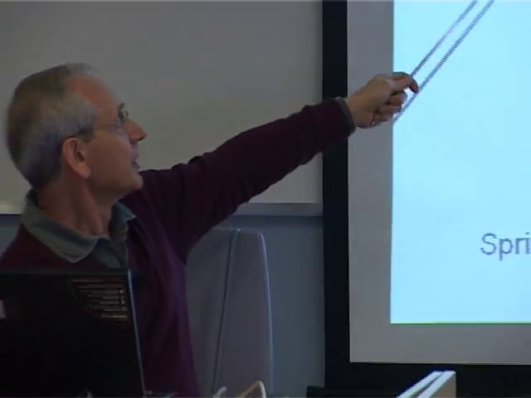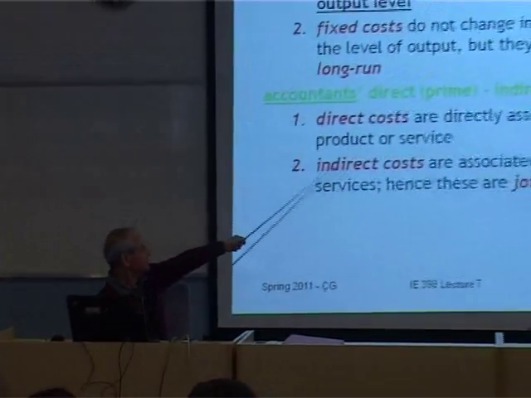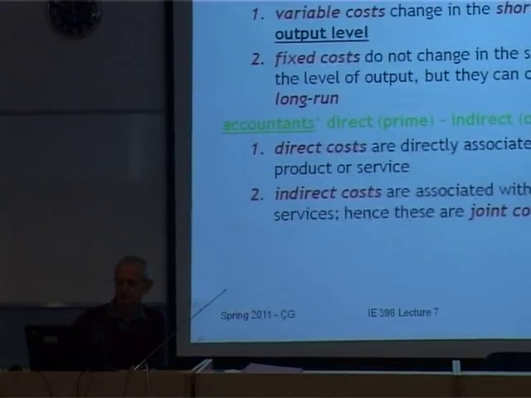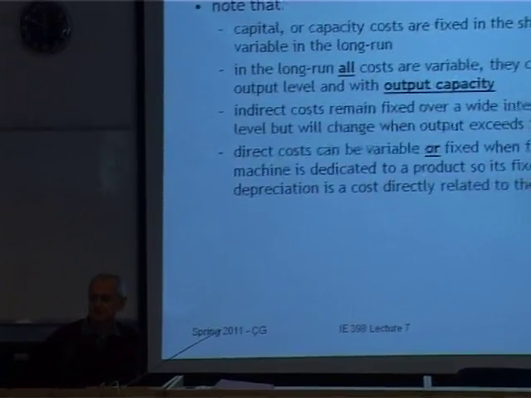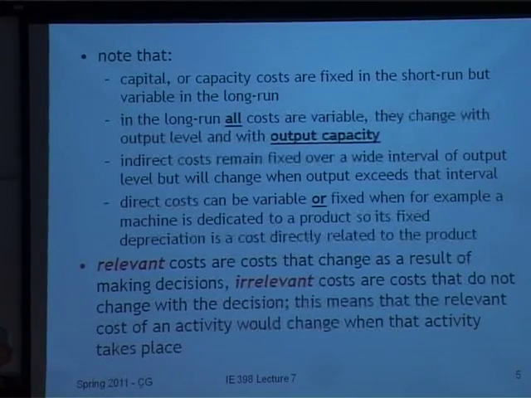We understand this, right? Normally, when you look at this classification, sometimes people tend to think that direct costs are variable and indirect costs are fixed. But this is not always true. So these are different classifications, as this example indicates. Now, another